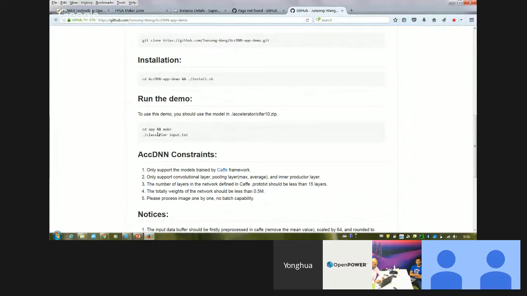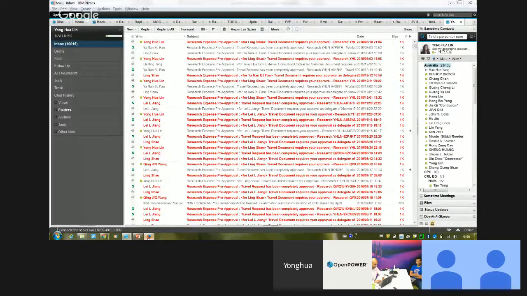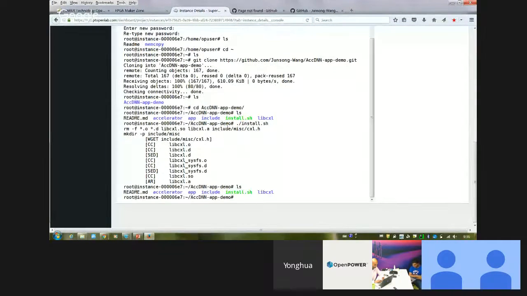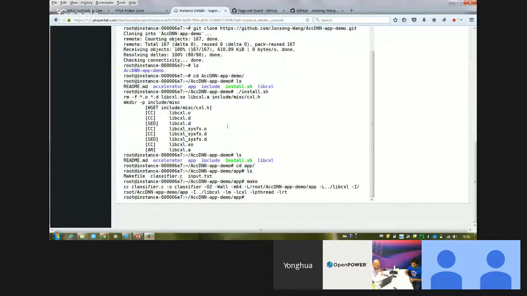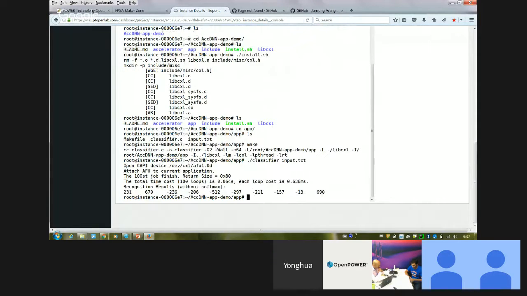We just uploaded the CIFAR demo, which tells us how to run this demo. It gives us the final result. Because CIFAR has 10 classes, it gives us 10 values. Currently we haven't implemented the softmax layer, so it just gives us the values just before the softmax, and then we can select the biggest value, the index of the biggest value, as the output of the final